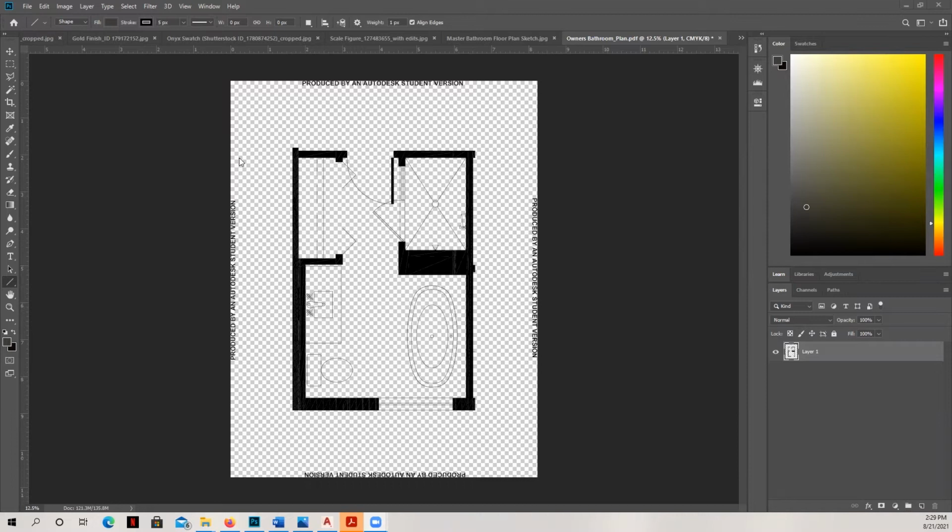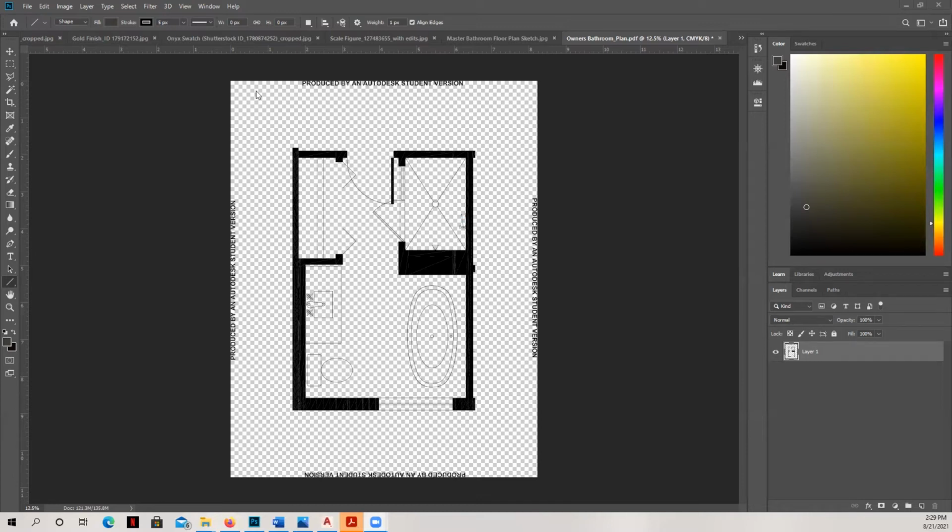So the first thing that I've done is I have opened up a PDF of a floor plan of a master bathroom, and we're going to render this. Now, a couple of things that you need to be aware of is that it's coming in on a student version of Autodesk, so you can see there's going to be a plot stamp there that we'll get rid of. And it's also coming in on the alpha layer because Quartz doesn't have a background, and so there's a clear background here. That's what you can tell when you see the gray and white checker boxes behind it.